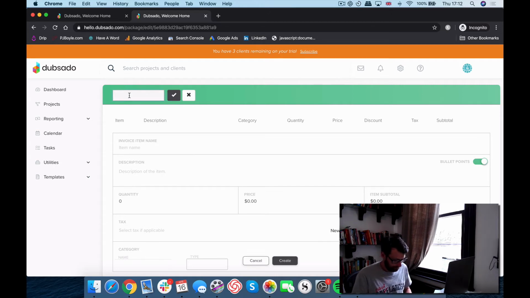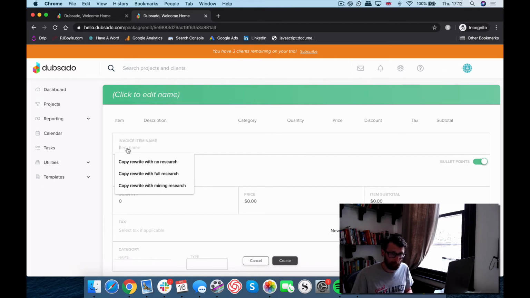So this will be like blog writing package 1. And it will be auto-populated, despite being in incognito, with some of the ones that I recently amended for myself. So there's my 3 levels of service, right? And like I said, you've got a cheap, a mid, and an expensive. Let's make the cheap one for blog writing here. So we might want to go single article